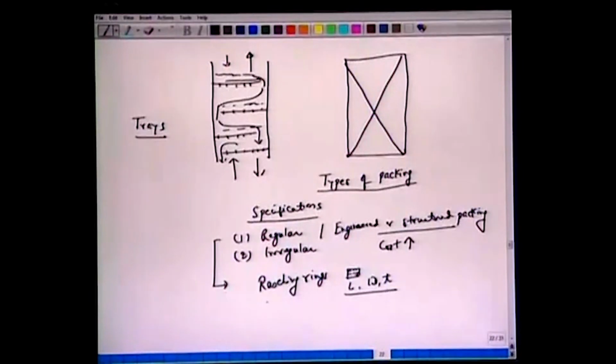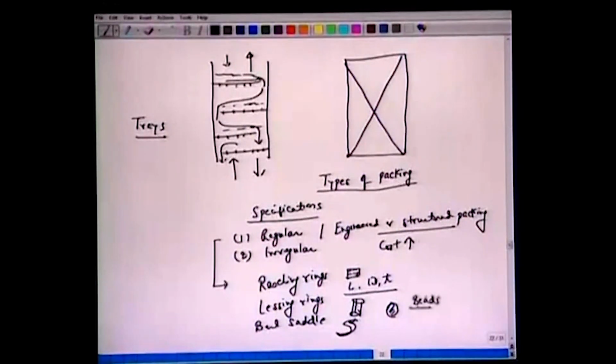All right, we can also have Lessing rings. So there are several types of packing. Lessing rings are also cylindrical, except that there is a partitioning inside. Okay, we also have Berl saddle. Okay, so certain geometrical configuration like this. One can also have spheres, the beads. So these are all regular packings,